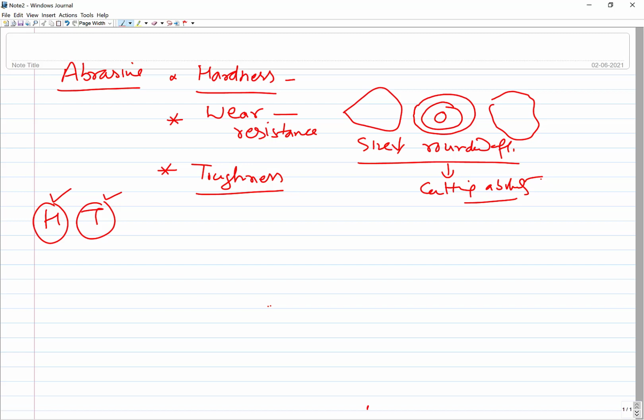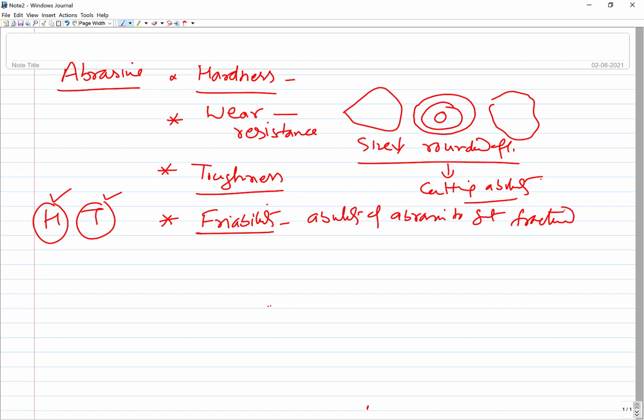So toughness is important, resistance to impact is important. The fourth property that is really important for the performance of the abrasive is the friability. What is this friability? It is about the ability of the abrasives to get fractured